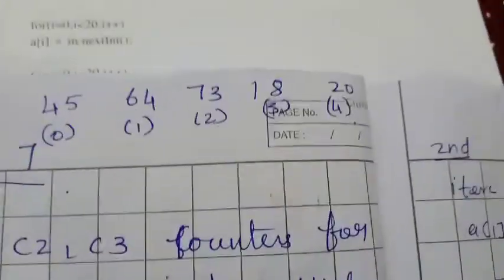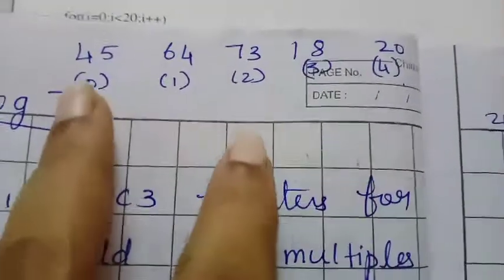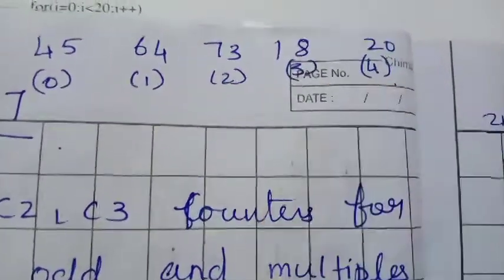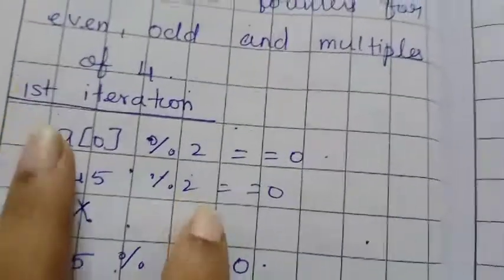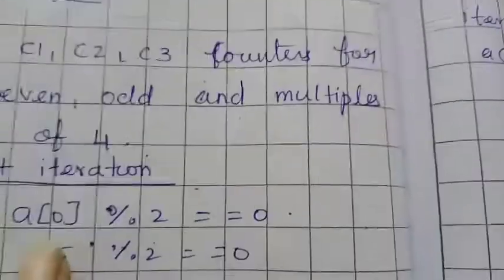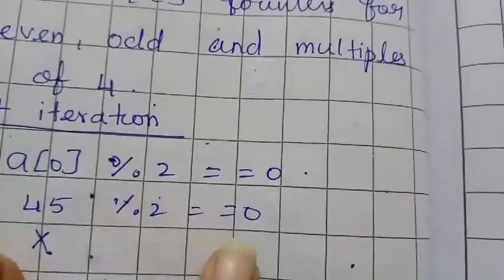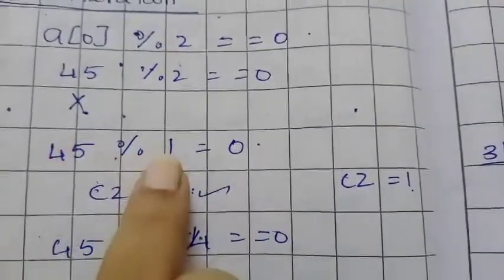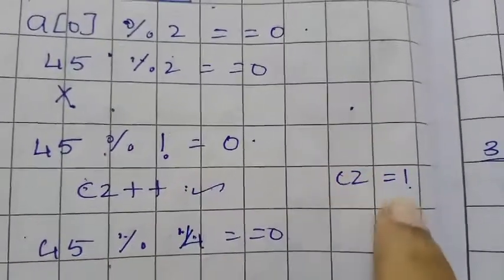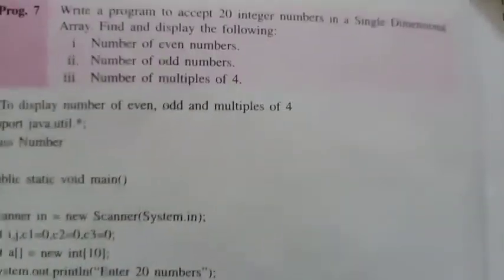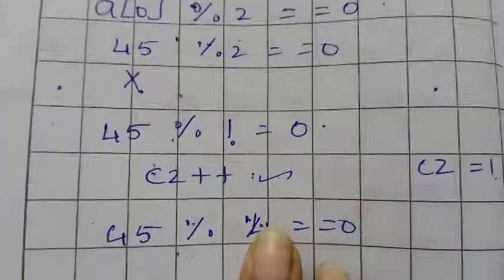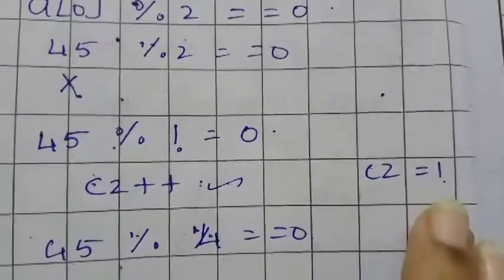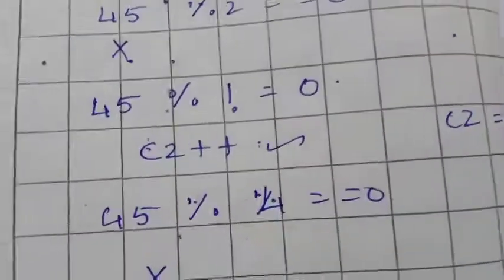See here, for example, we have taken 5 elements: 45, 64, 73, 18 and 20. For the first iteration, a of 0, what is there? 45 is there. So 45 mod 2 is not 0 because 45 is not divisible by 2. But here we are checking whether it is not divisible by 2. Yes. So the C2 value will be 1. Initially we declared C2 equal to 0, but once it encounters this, the C2 value will be 1 now because we have incremented it, and